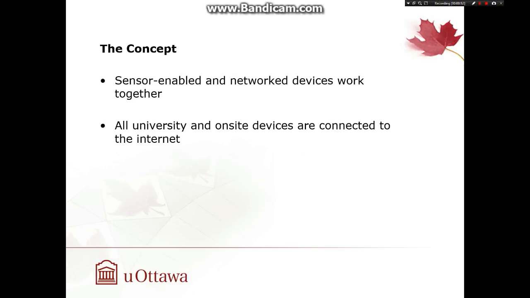The concept of smart university is defined like a small environment where sensor-enabled and network devices work continuously and collaboratively to make its inhabitants' lives more comfortable. As a general context, all university devices are connected to internet. And in each there are similar objects that can be converted into smart objects within the meaning of Internet of Things. For example, there are simple common objects like doors, windows, printers, projectors, and complex environments such as buildings, classrooms,